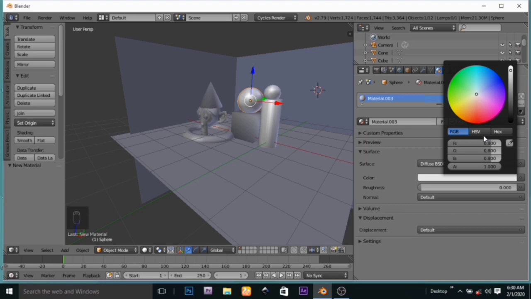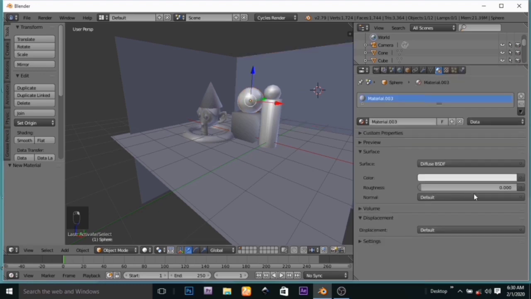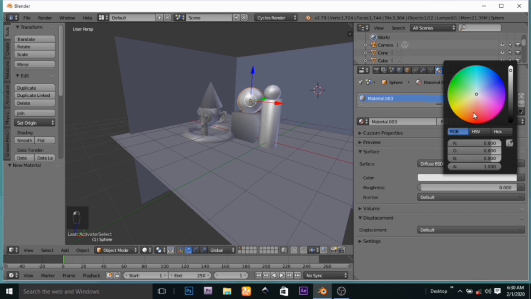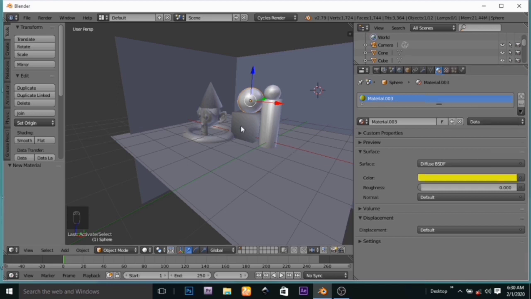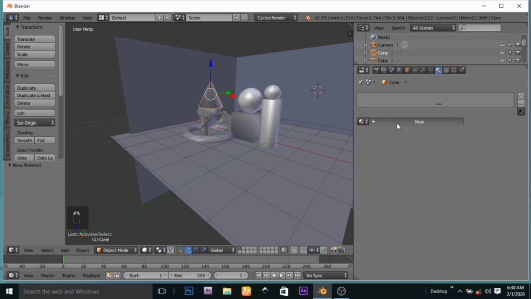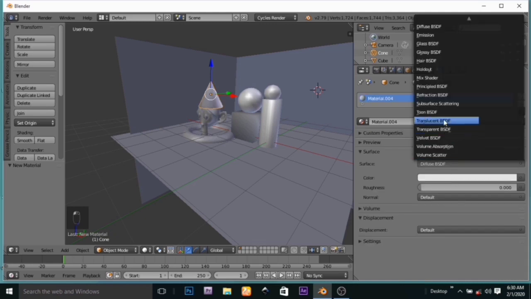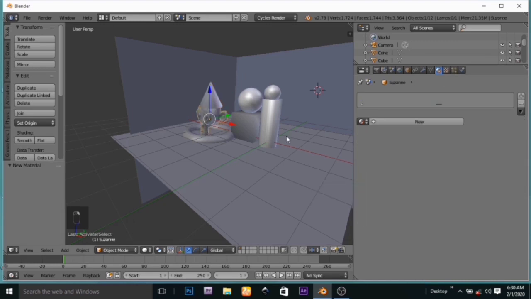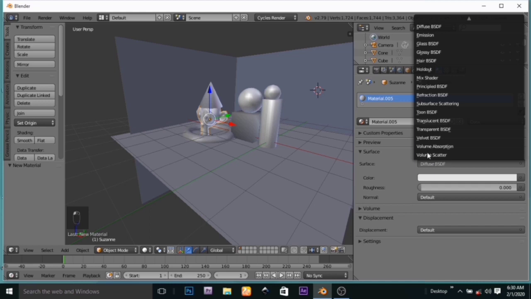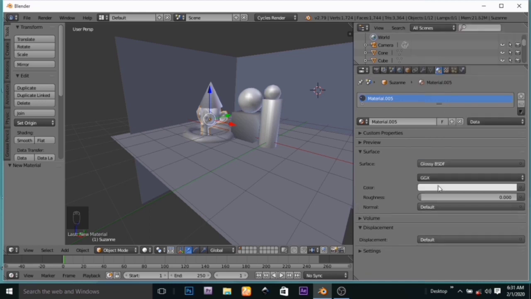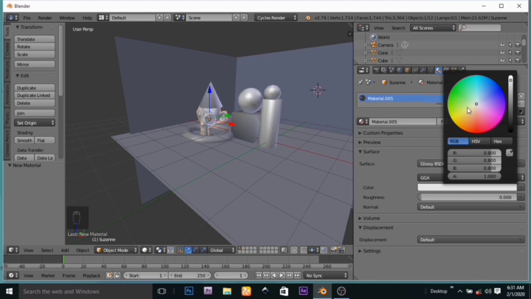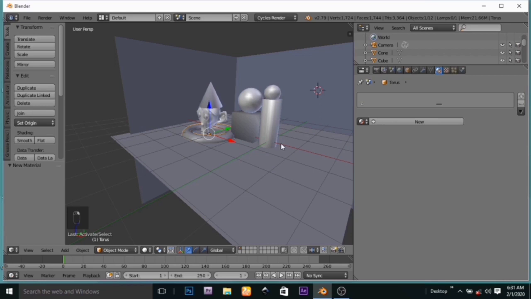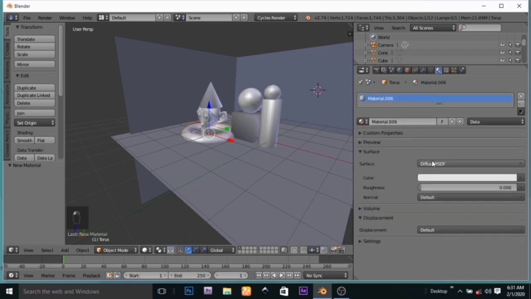Okay, so if I click on this, I want to change this to diffuse but yellow this time around. Then the next one, let's make this a transparent shader. I'm just working with different shaders. I'm just trying to have fun. For this, let's make it a glossy shader. Let's make it green. No, that's not primary. Blue is primary. Then this, let's make this new. Let's leave it at white. Diffuse. This new, let's make it